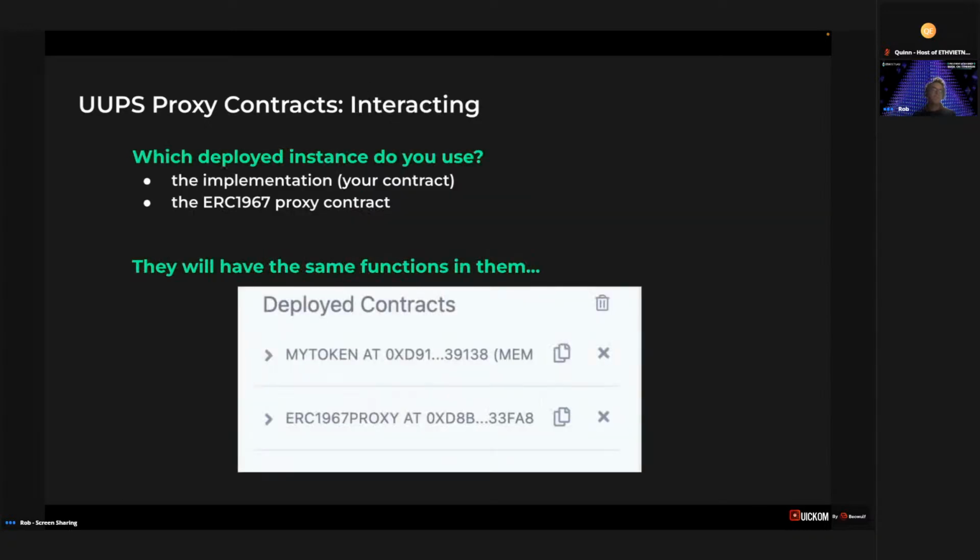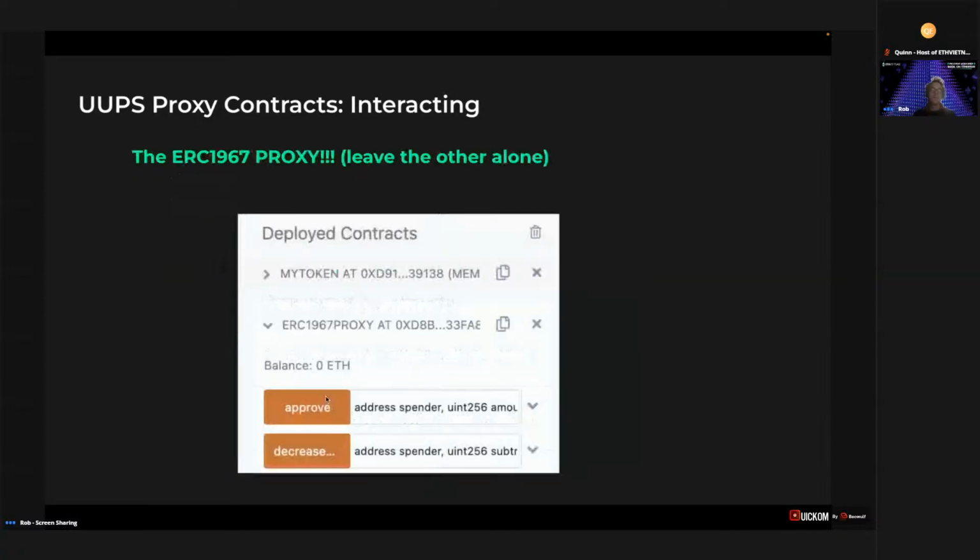And this is the whole issue I was talking about before, which is the deployed, which one do you want to interact with? This is the one that you wrote, and this is the one that deploys because you're importing it. But actually, this is the one you open up. If you open both up, they'll both look exactly the same. They'll have the same functions in them. But the point is,